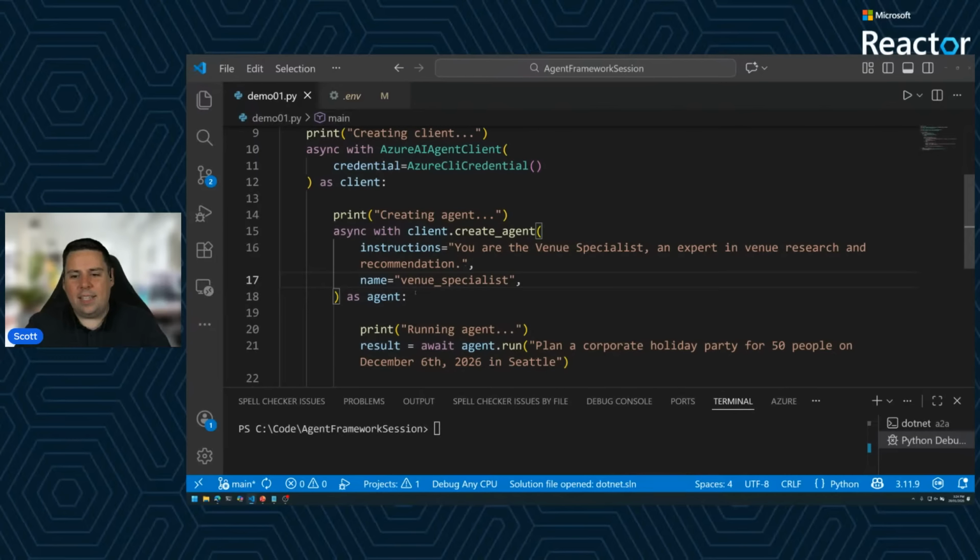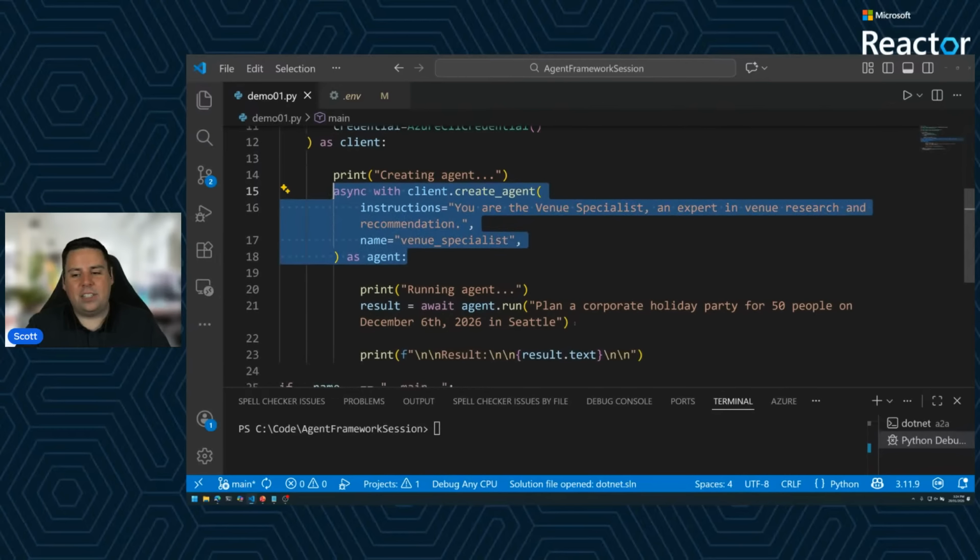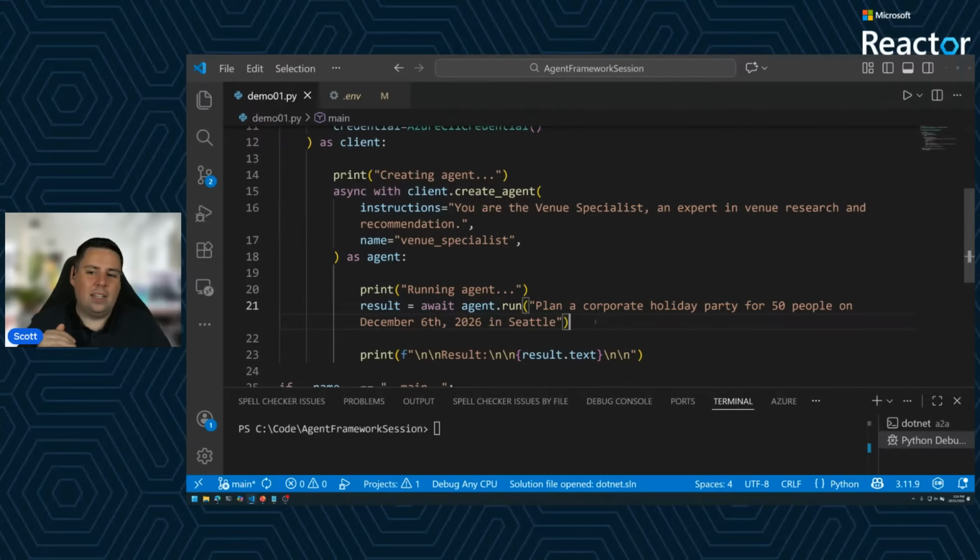The key thing here to note is that creating the agent versus running the agent are actually two separate steps. This means your application can spin up, start up, create an agent, have it ready to go, and then just run the agent when a request comes in, rather than having to recreate agents all the time. The other key thing here is that we have this level of separation.